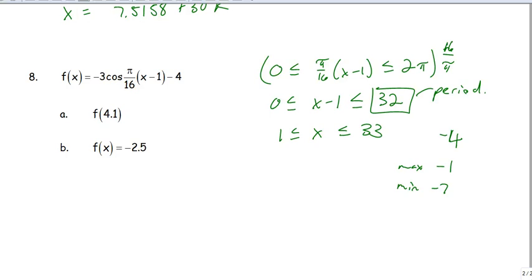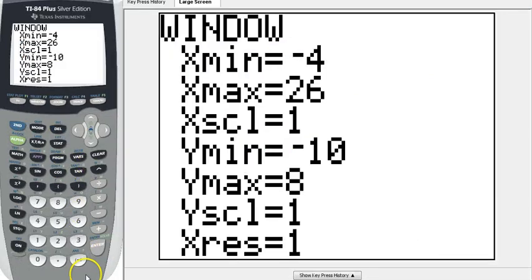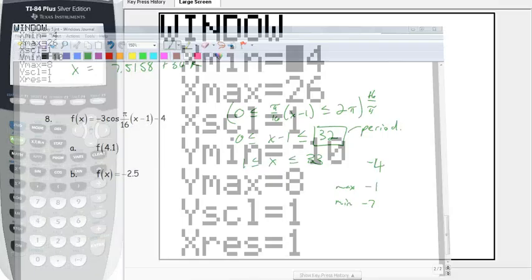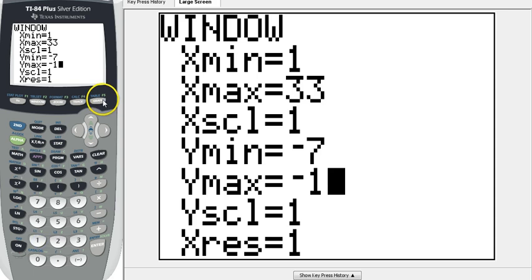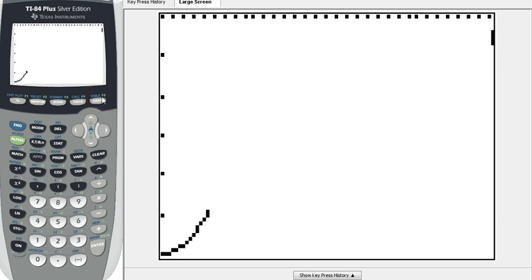So, alright, we have our window from negative 1 to negative 7. No, that's not our x min and max. It's 1 to 33. Our y min is negative 7. Our y max is negative 1. So this should be a perfect negative cosine curve. Oh, I didn't put the y in yet, but